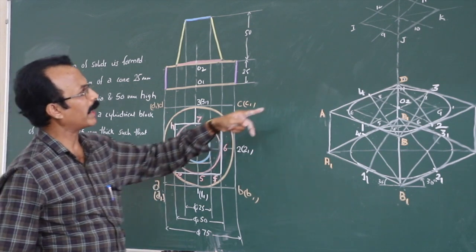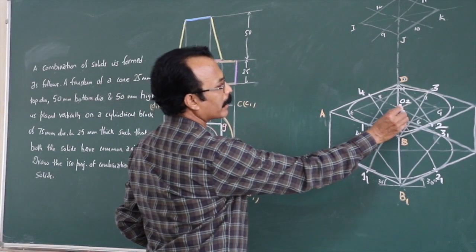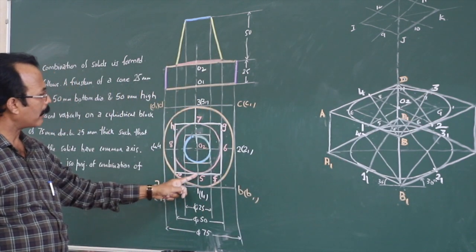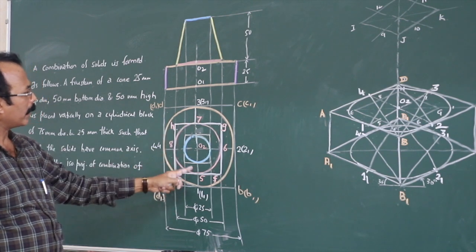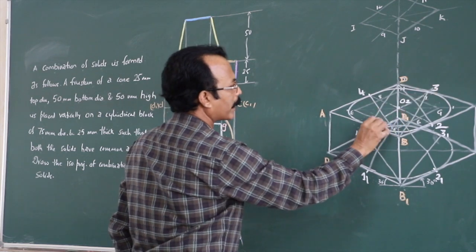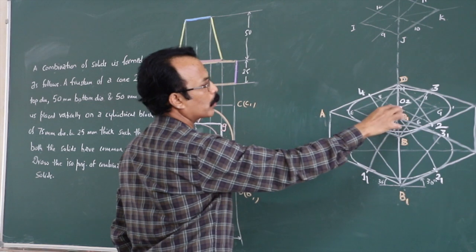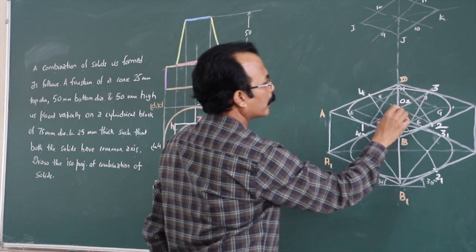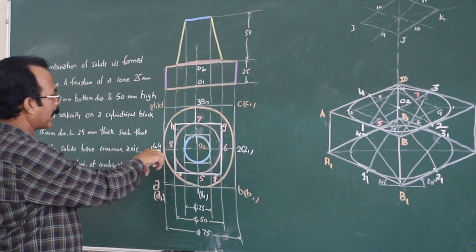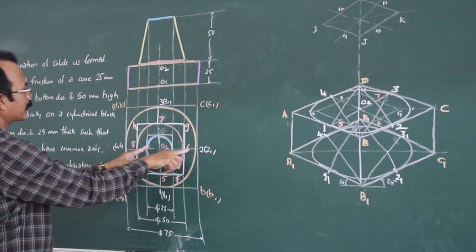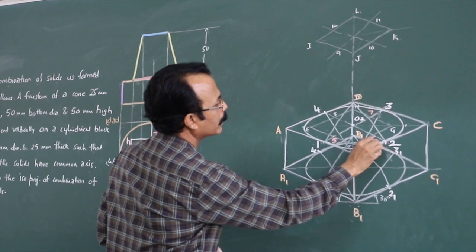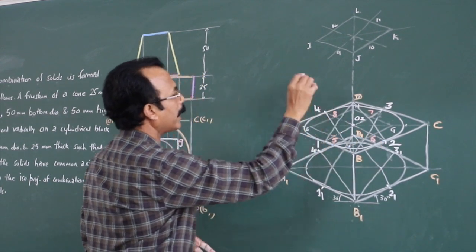You take this O2 5, get it converted, come here and on this center line, see this is your center line 1, 3, on that you are having 5 and 7. So on 1, 3 you mark from O2 this 5 and this side you mark 7. Similarly on the other line, that is 2, 4, you mark 6 and 8, right. So this is your 2, 4 where you mark 6, 8 there.